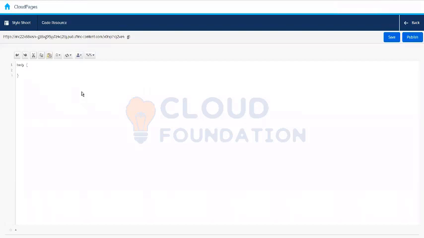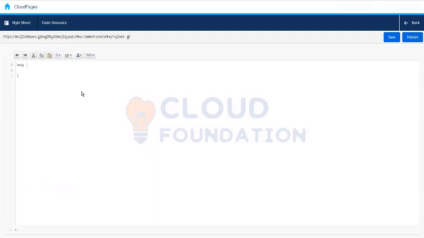And then we can access this code resource in the landing page, and basically have all the styling in the landing page. Now, what is the benefit? Let's say we are using the same styling in multiple landing pages, right? So we just have to write the code once over here, and then we can reference it in multiple landing